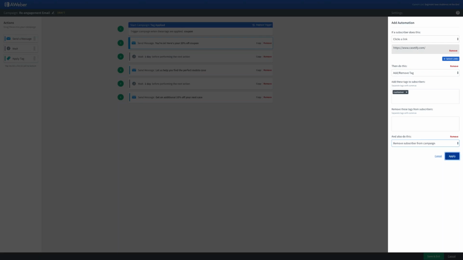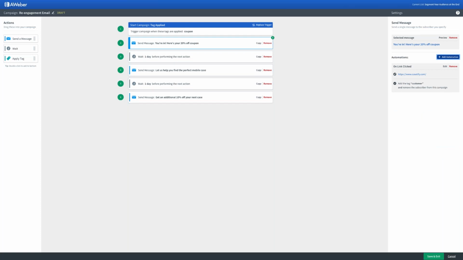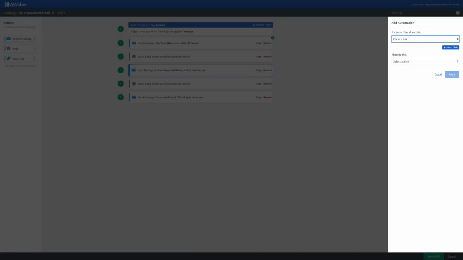That way, they're not going to continue to get the emails in this campaign. You're removing them because they're now a customer with an intent to buy. The purpose of this re-engagement email is to engage those who haven't clicked or those who haven't opened your emails previously. So you want to remove people from this campaign as they do interact with your emails.